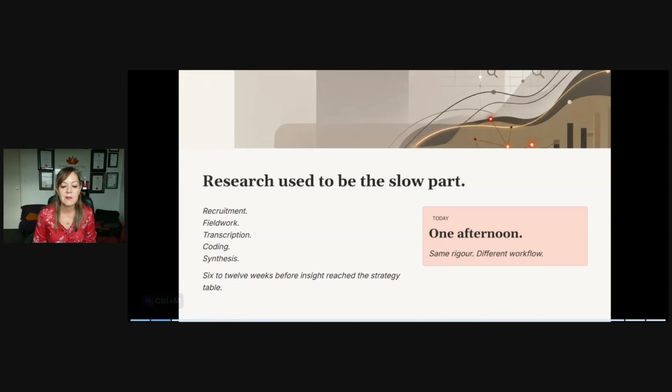A lot of us don't have 6 to 12 weeks to gather that data. For me, I've done 26 interviews and I started those in January. We're now in nearly June. So it's taken me a long time to get that information, and I haven't even started to analyze it yet. So in one afternoon, or maybe 45 minutes in this session, I'm hoping to give you some steps to speed up that process, but still keep the human involved.